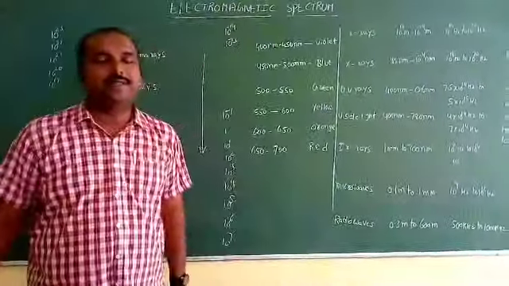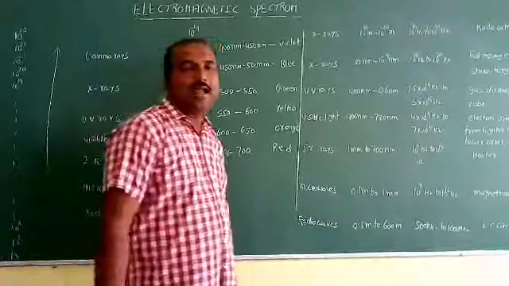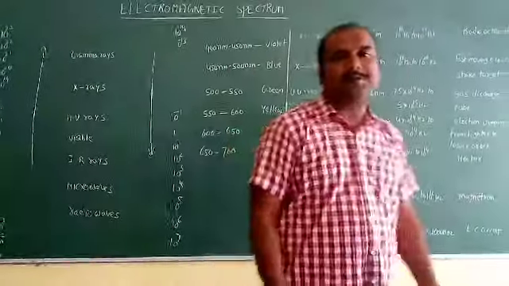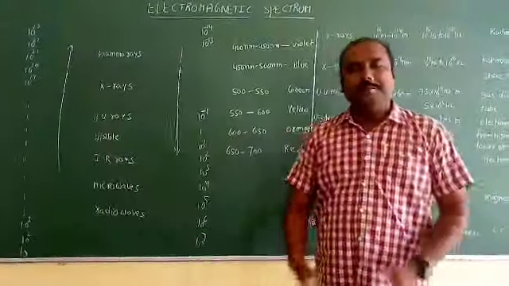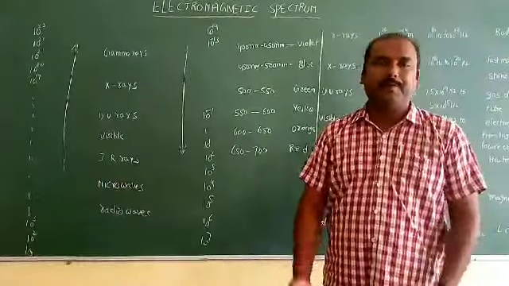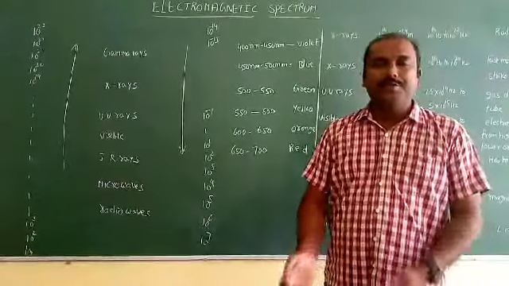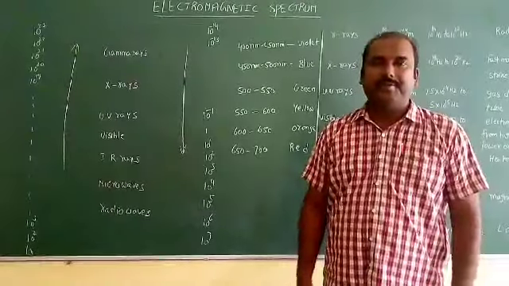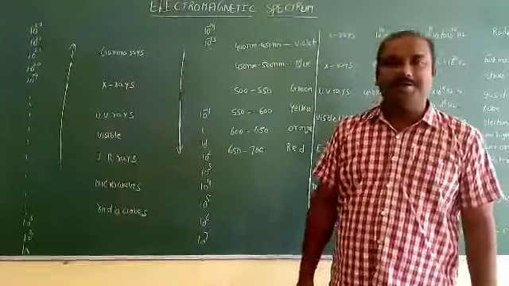Then what is the use of these ultraviolet rays? Ultraviolet rays are mainly used for purification of water and treatment of certain foods. They are also used to read invisible matter, and in all these cases these UV rays are useful.